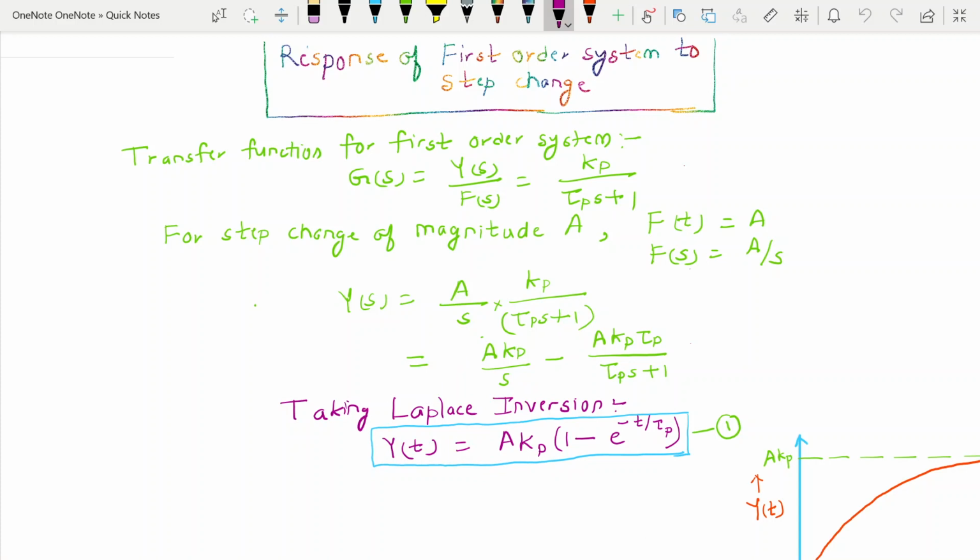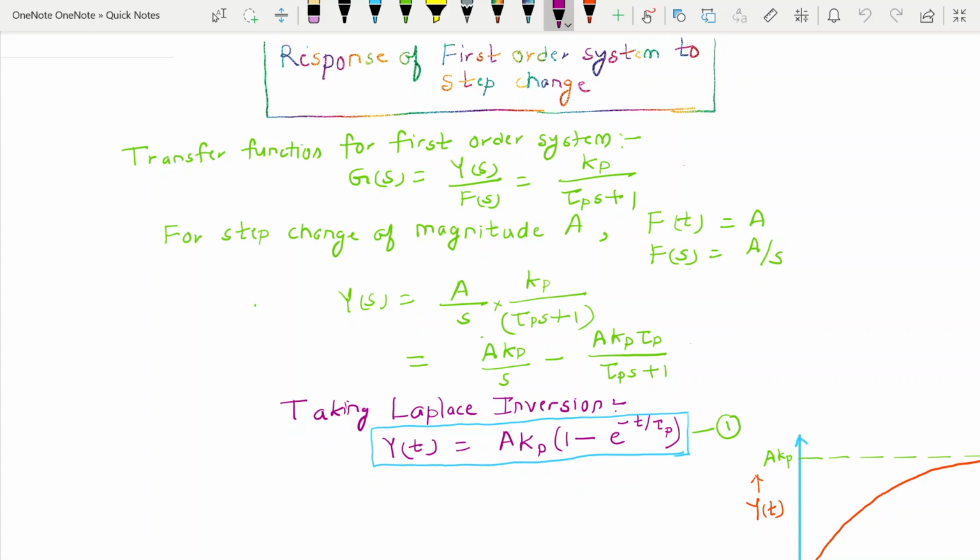सो हेलो फ्रेंड्स, इस वीडियो में हम लोग डिस्कस करेंगे अगर किसी फर्स्ट ऑर्डर सिस्टम में एक स्टेप चेंज दिया जाता है तो उसका रिस्पॉन्स क्या होता है। तो सबसे पहले हम लोग फर्स्ट ऑर्डर सिस्टम का ट्रांसफर फंक्शन लिखते हैं। तो फर्स्ट ऑर्डर का ट्रांसफर फंक्शन इस तरीके से डिफाइन होता है, G(s) = Y(s)/F(s) = Kp/(τp s + 1)। सो नाउ वी आर राइटिंग द स्टेप चेंज। So for step change